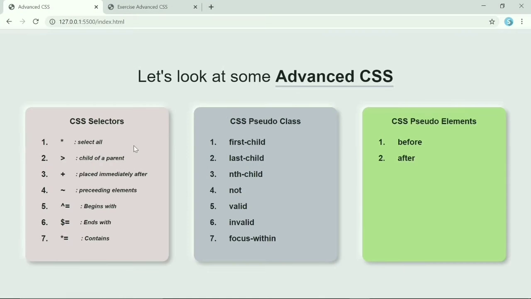Today we are going to see some advanced concepts in CSS. So we are going to see the CSS selectors, pseudo class, pseudo elements. This class is for an intermediate or a beginner level. So I guess most of the intermediate users might have already known much of these properties, but refreshing your memories